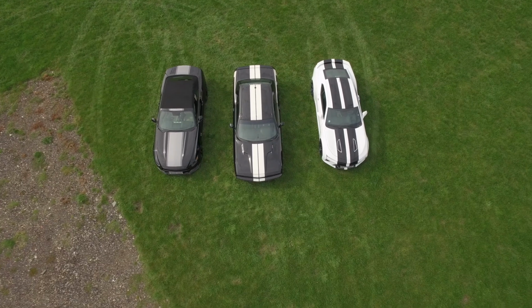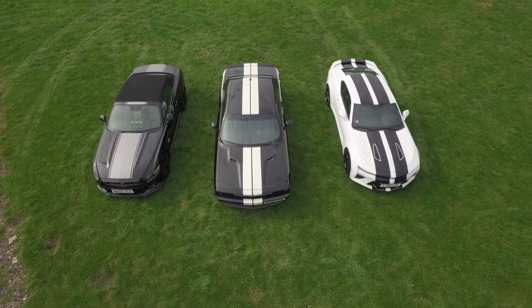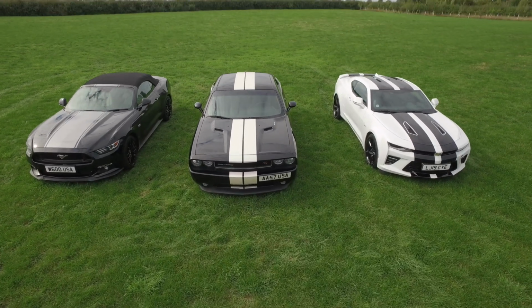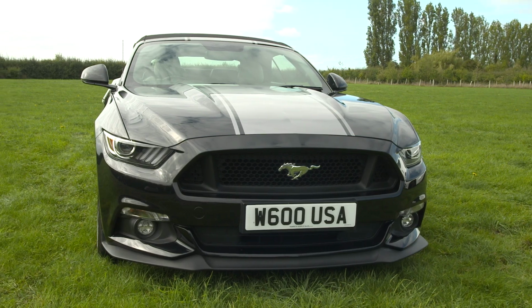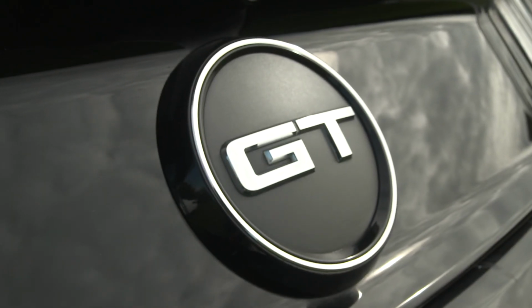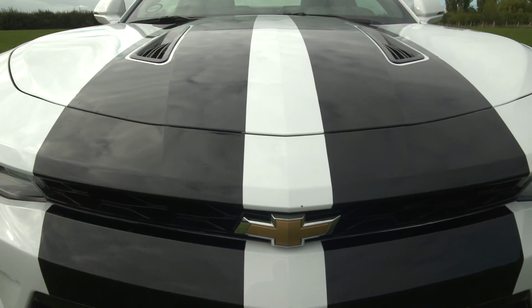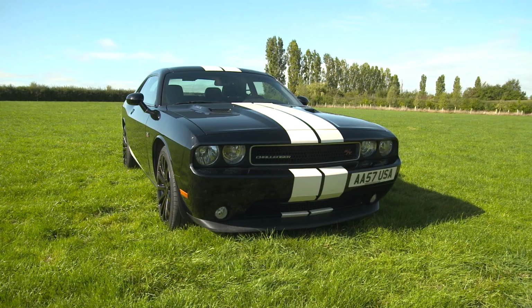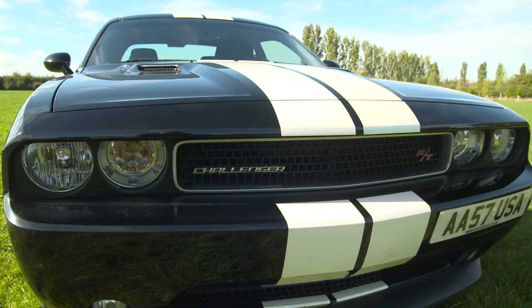What we have here are 3 modern-day incarnations of iconic American muscle cars. The Ford Mustang, the Chevrolet Camaro and the Dodge Challenger. The Mustang first appeared in 1965 and is now in its 6th generation. The Camaro made its debut in 1967 and this one is the 5th generation. The Dodge Challenger was the last to appear in 1970 and this is the car that we are most interested